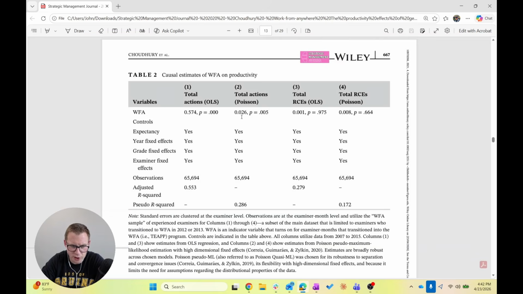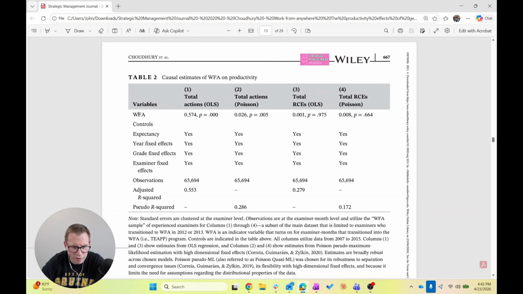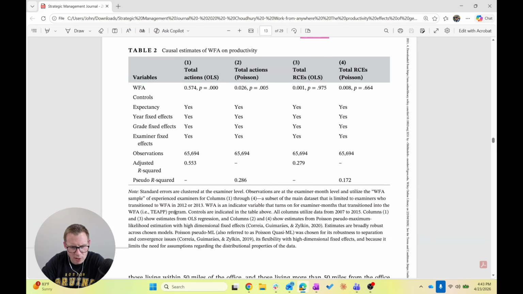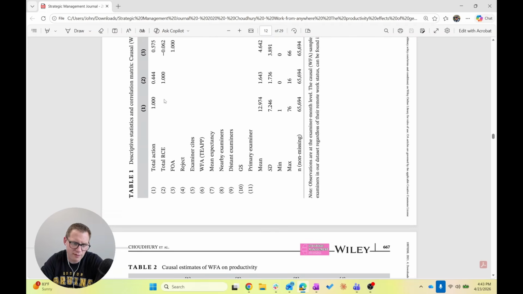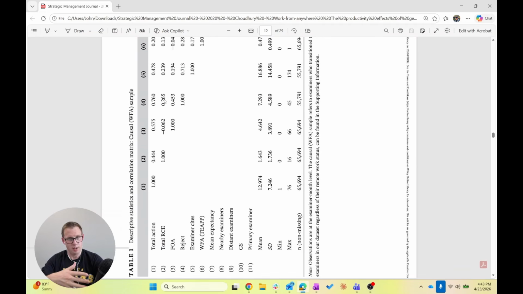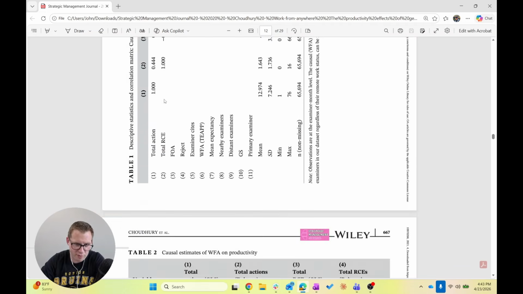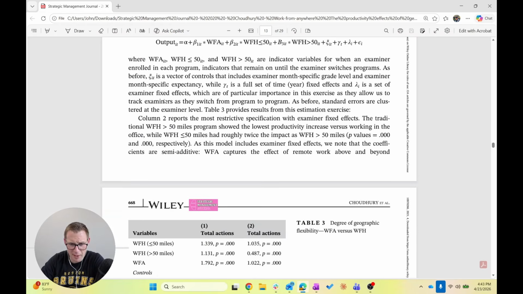So I'm working on understanding this. Work from anywhere. Causal estimates. Okay, so here's productivity, our target variable. Work from anywhere is our dependent variable. In this table, it appears to be a comparison between work from anywhere and work from home. We still do not have a comparison between in person and work from anywhere. I'm coming to the